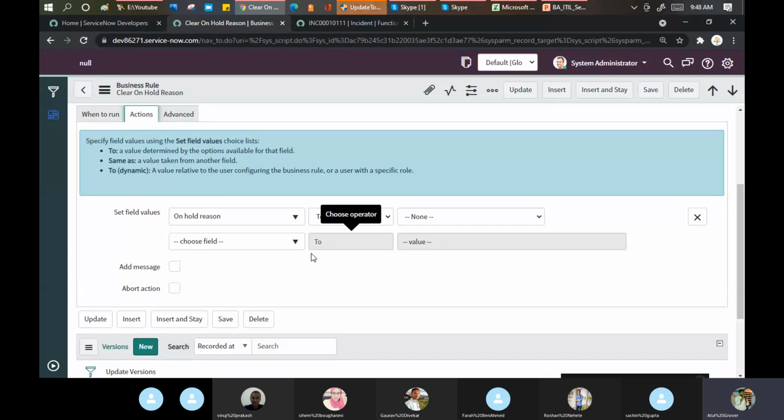Let me take an example here. Suppose you are opening any record, any ticketing form. You already saved your records there. It asks, okay, enter your phone number or mobile number. You enter it and click on the submit button. It just displays the record, nothing else. You cannot do modification here or there unless you click on the modify button. So that is how the display rule works for me. When you want to show some values on the pop-up side, these are the display things for me. So that is the purpose of the display here.